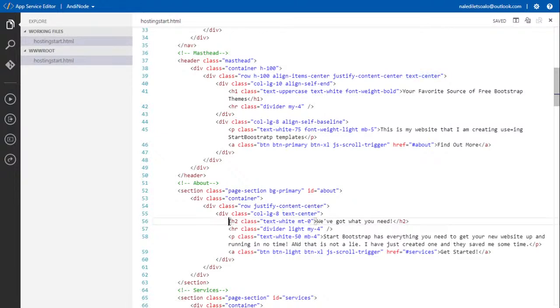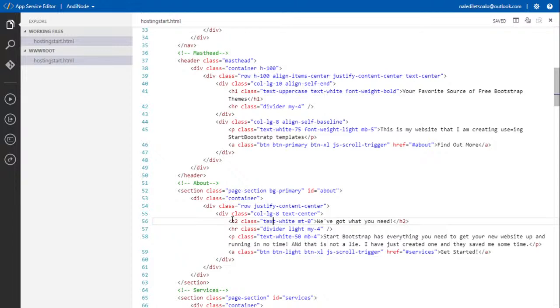H2. What does H2 mean? H2 is just like P, it's another tag, but this one is for the kind of header that I'll be using. You would specify this in your CSS, and for this one, H2 has the class text white.